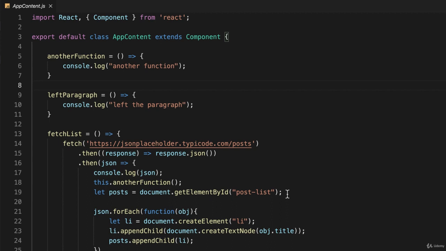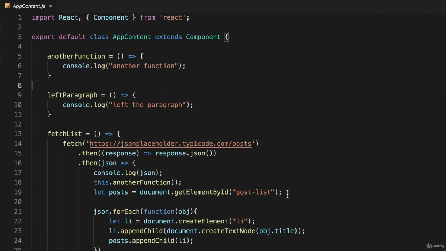And while that works for this case, and it's fine for the examples that I'm doing right now, typically in a React application, rarely will you see anyone using document.getElementById or referring to an element in the DOM by ID or by name or by class, and there's a reason for that. And that's because React has its own life cycle, and elements appear and disappear in the DOM without you really knowing when that's happening, because it all happens asynchronously. So in this example, where I have app content, and it's my main component being displayed, and it never disappears,